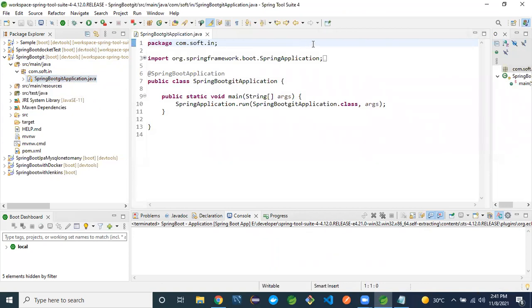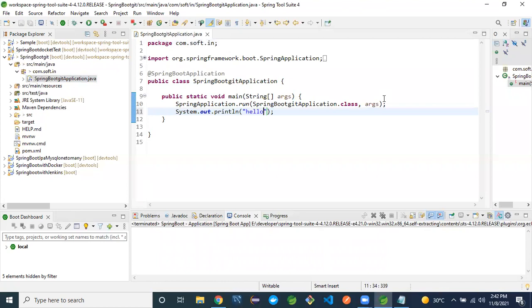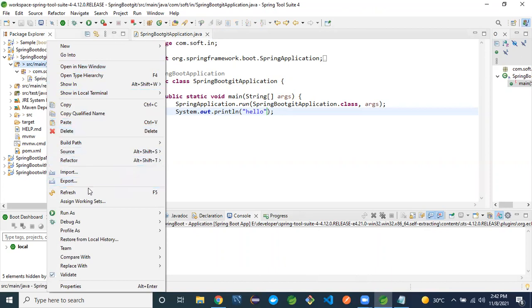I will write one println method here. By default, this Spring Boot application runs a Tomcat server on port number 8080. Let me run this one.